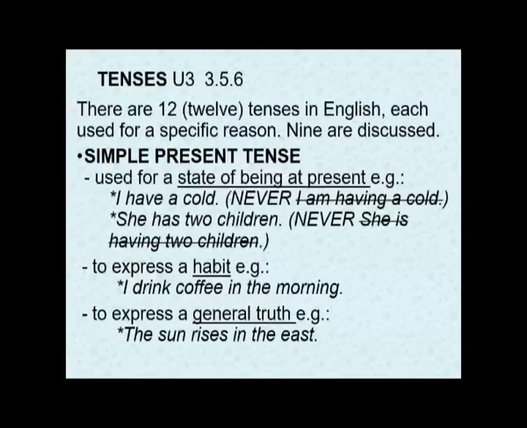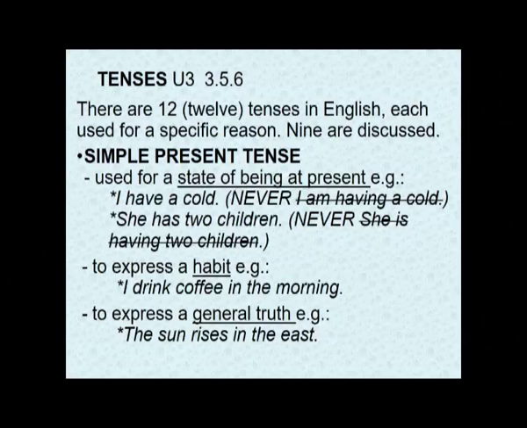Look at the simple present tense. Look at that first sentence. It describes a state of being. I have a cold. Now, at the moment, I have a cold. Not, I am having a cold. That's wrong. That's the wrong English. You cannot teach the children, I am having a cold. Or, she is having 2 children. That's wrong completely. If you say she is having 2 children, it means she's giving birth to 2 children now